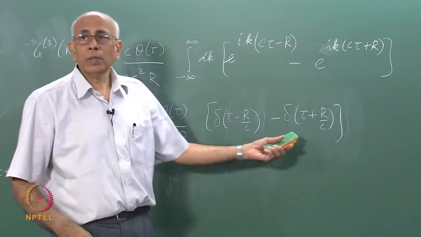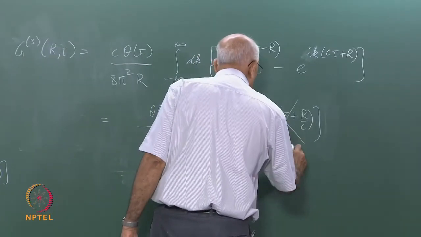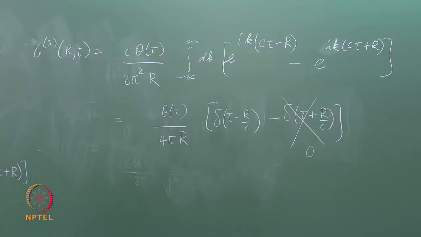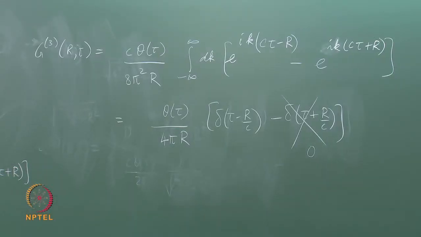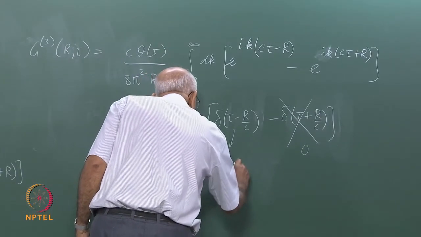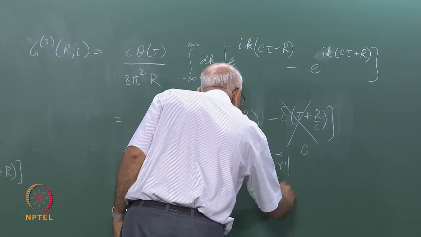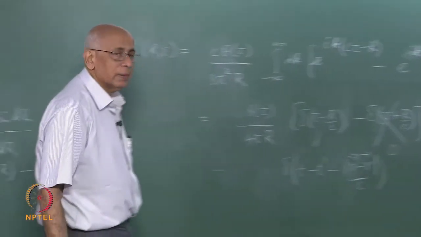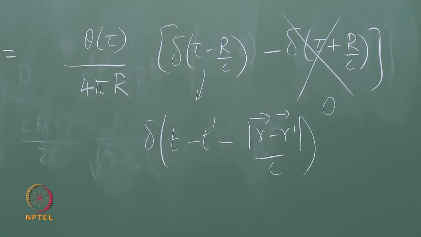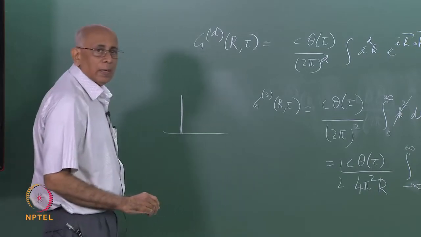But you see, both tau and r are positive, so this thing never fires, this thing is 0, essentially 0, and you are left with a causal Green function, which is a pure delta function at, remember this is delta of t minus t prime minus mod r minus r prime over c. Okay. So the initial pulse at capital R equal to 0, there was a pulse here at R equal to 0,